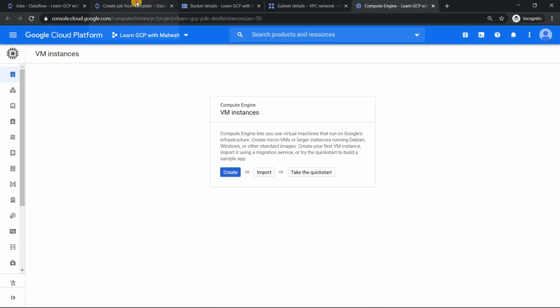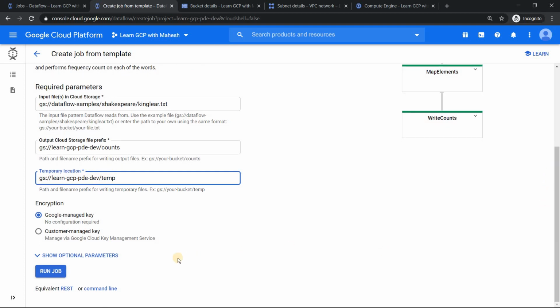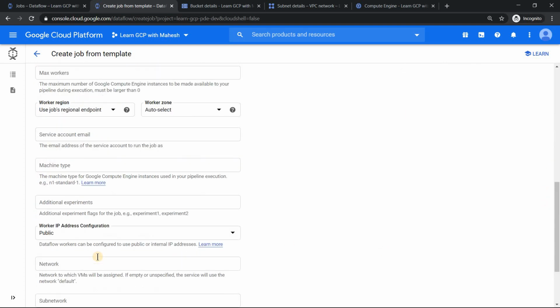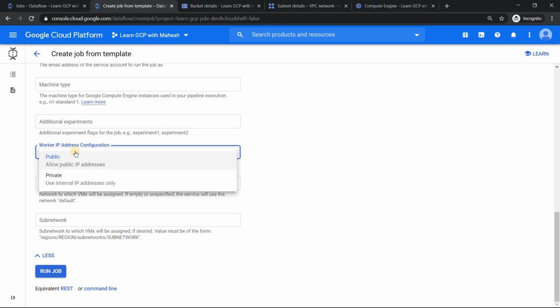Very simple. So just go back to your job, and this is available for any job, whether you create your own custom job or it's a template, for everything this option is going to work. What is that is, just click on this optional parameters. Many of us don't even explore this. The hidden secret is here. So if you see here, you have worker IP address configuration. So by default, it is public. So if you just do this with private, you should be able to run the job with internal IP address, just not like this. So you need to turn on this parameter.